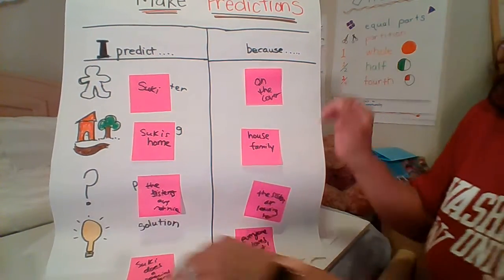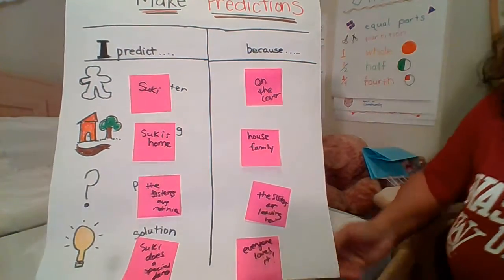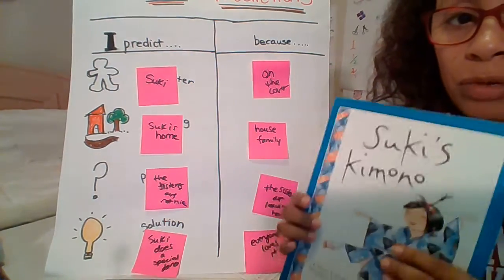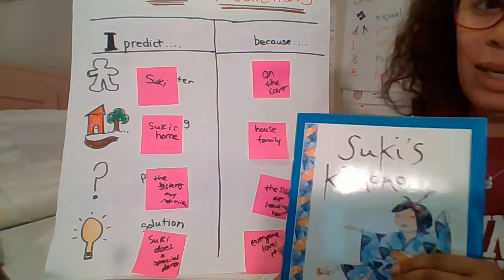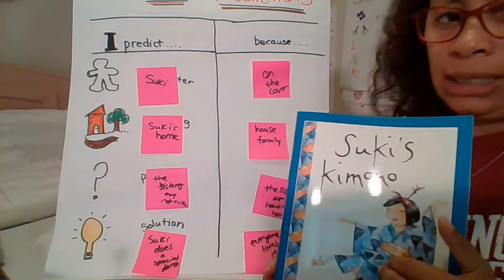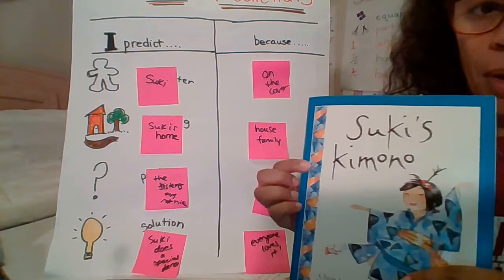Okay, so now let's go back. When I'm making a prediction about a story I haven't read, like Suki's Kimono, some of us have read the book, but I thought I would choose one that we read just so we could get an idea of what Mrs. Brooks is actually teaching us in our lesson today. And so I predict that in Suki's Kimono,